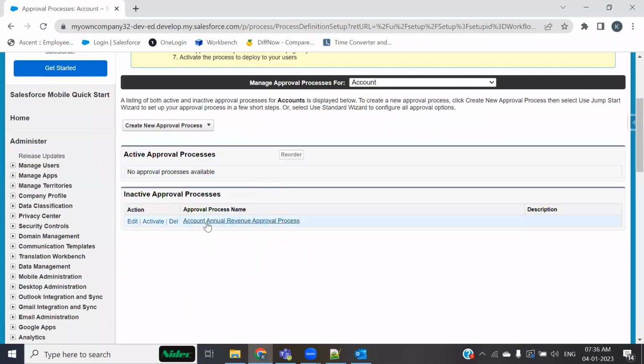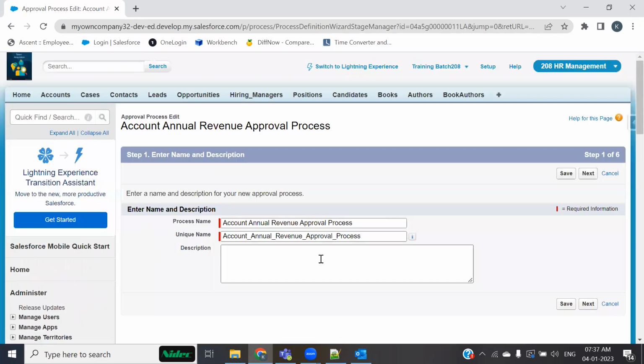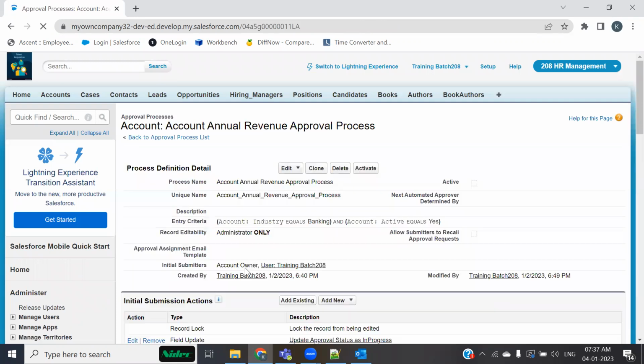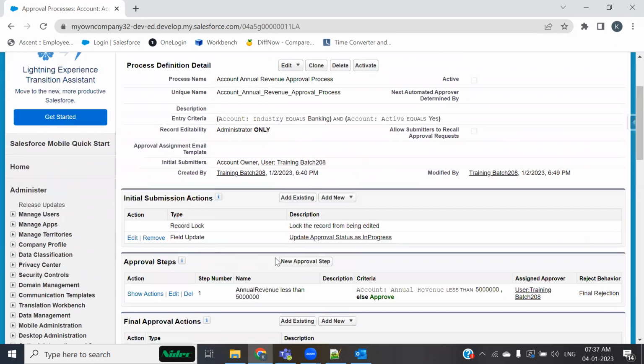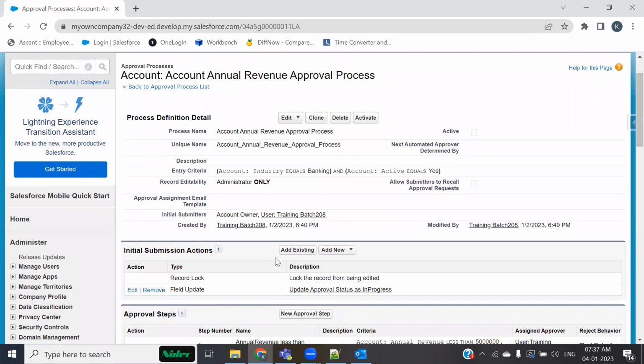Now, this was one of the approval processes which we haven't activated because it was not finalized properly, right? So as you can see, this is in the inactive approval process section. I'll go and edit this and see. All right, so this was something we were doing yesterday, and let me continue with the same thing